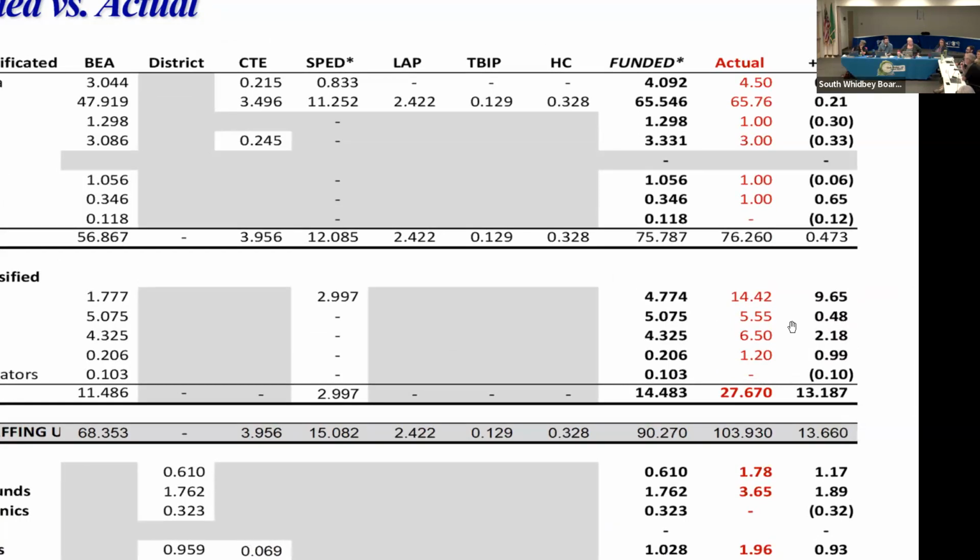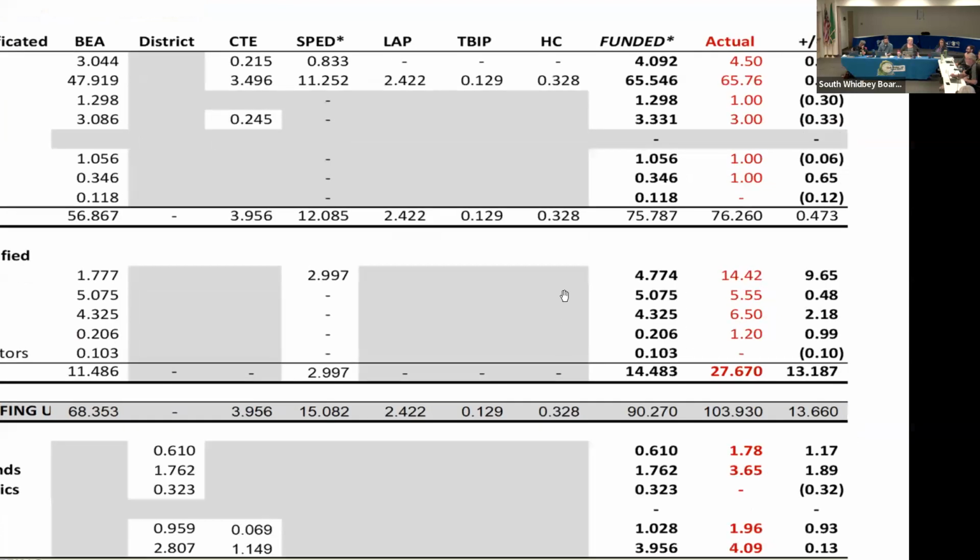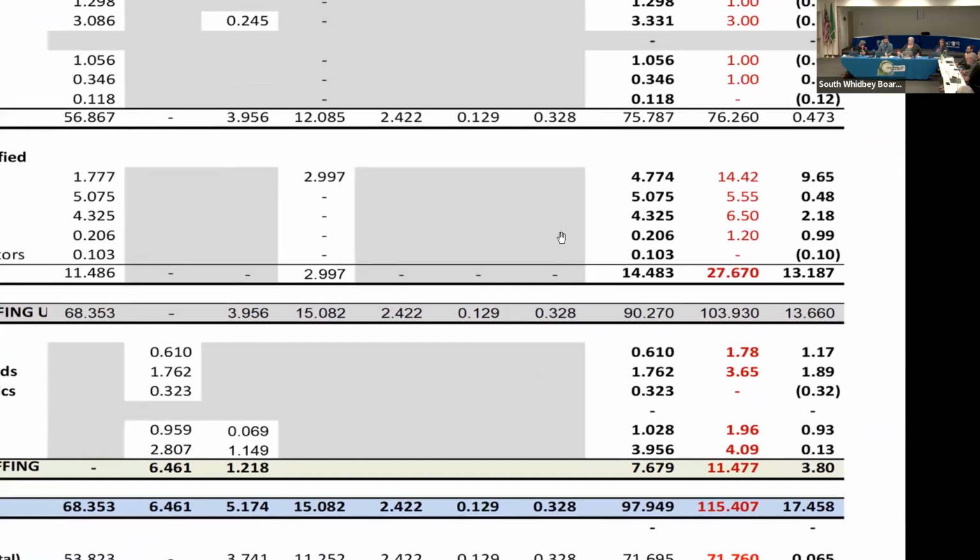That's not completely accurate because that's the staffing. It isn't the actual cost of the staff because we may pay more than we receive. But anyways, it's the classified area. We look at that middle part, you can see that between the buildings and the district level staffing, there's 14.5 plus 7.7. But if you look at the buildings, there's 27.7 FTE in classified staff. So we are over by over 13 FTE.